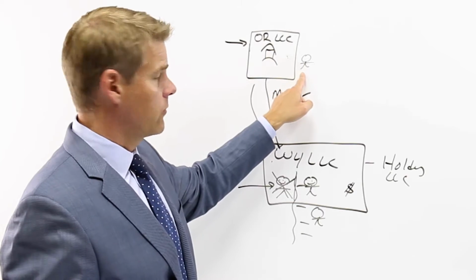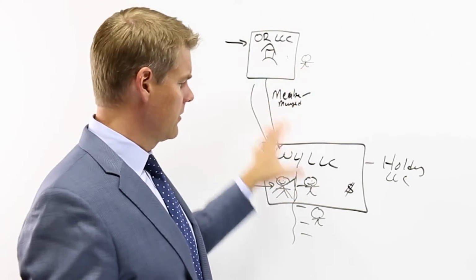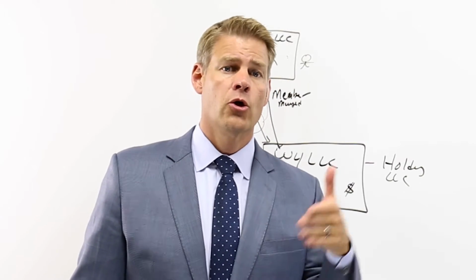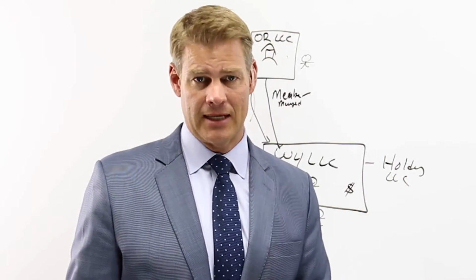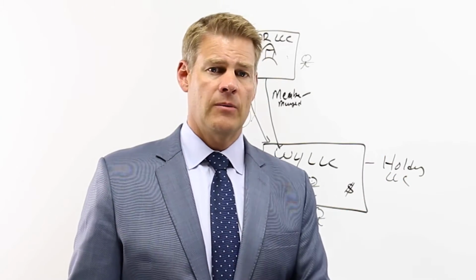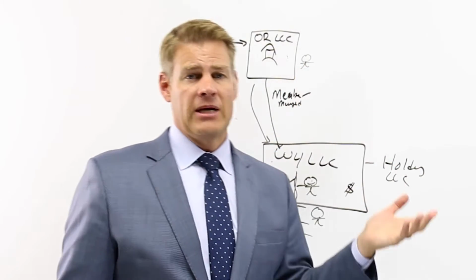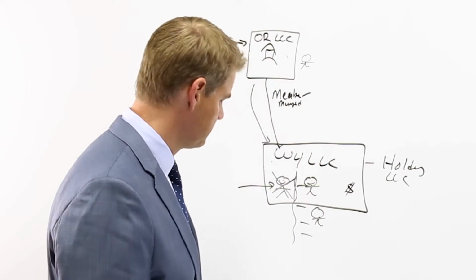because all they have to do then is look at the registered agent and say, wait, Joe is the registered agent. I can see all this other stuff, but what is Joe doing as a registered agent for an entity? I know he's not a commercial registered agent, so he's not serving in this capacity for other people, so it must be his entity. So that's a mistake people make. That's why you always want to use a commercial registered agent here. When we set up the LLCs, we provide that to our clients so you have this complete overall shield.